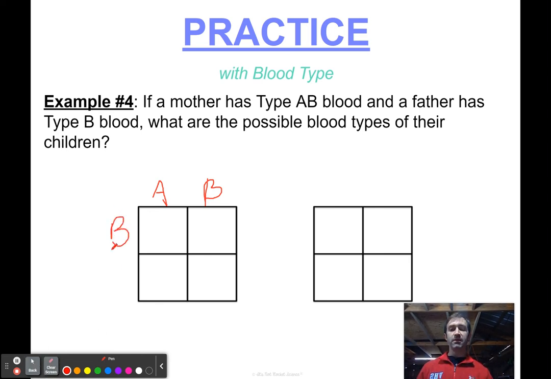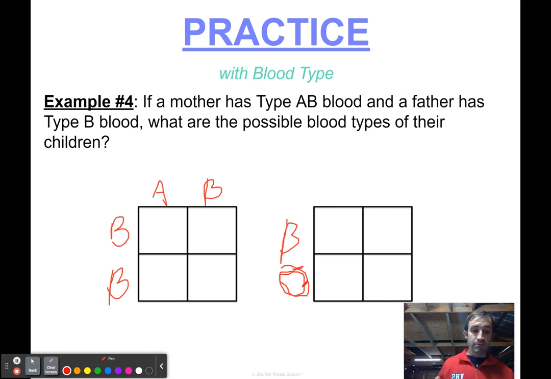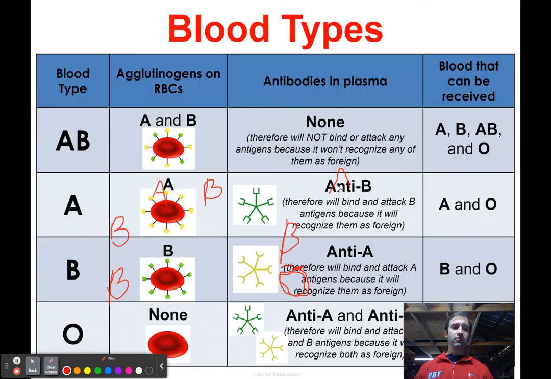The father could be big B. He could be homozygous. He could have gotten a big B from his mom and a big B from his dad, or he could be B O. You know what we're going to do, guys? We're just going to write the letter O. Forget the i, let me just write O. I don't think it matters, and I think that makes a lot more sense. I don't know why the convention is to do an i. I'm sure it has good reasons, but we're just going to put an O. It's blood type O. So you got AB for mom, AB for mom. So the reason you have to do two Punnett